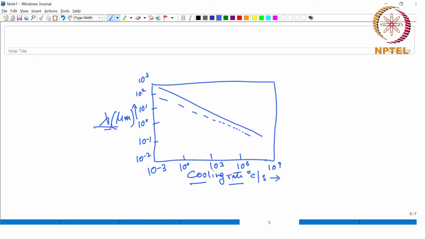So, if you can achieve a higher cooling rate, your dendrite arm spacing will reduce, and ultimately it will turn into a much finer microstructure, which will also be more homogeneous. So, homogeneity is the other aspect of the microstructure that is also very important. So, in case of this dendritic structure that you have,